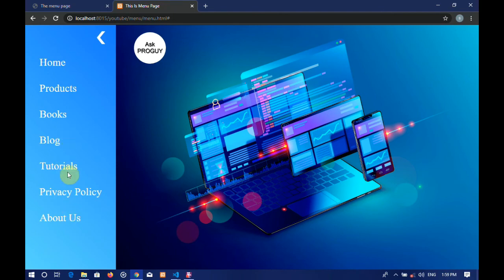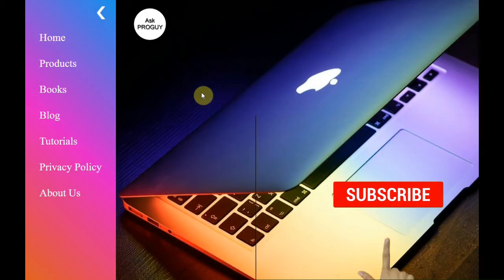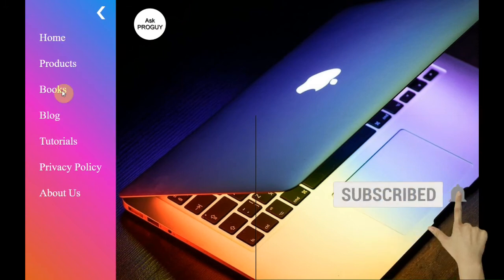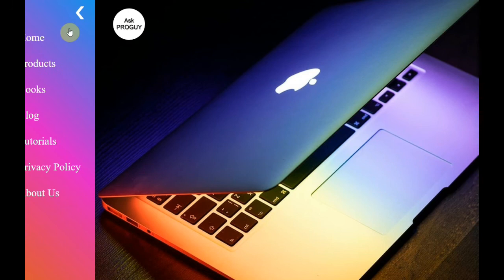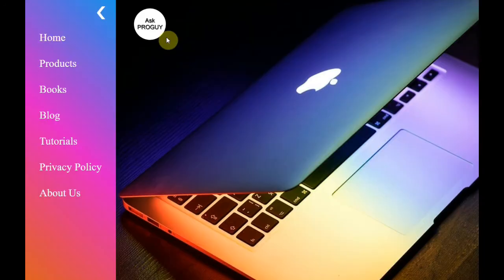A lot of things are really good in this web page. Basically, it is pretty simple to make, and all of the things are really simple. Nothing is too fancy, nothing is too complicated. It is very easy for the user also. The user interface is pretty intuitive also. As you can see here, I have this MacBook image, which is very colorful, and that's how I set the gradient colors also, to match the image, and it looks really awesome.